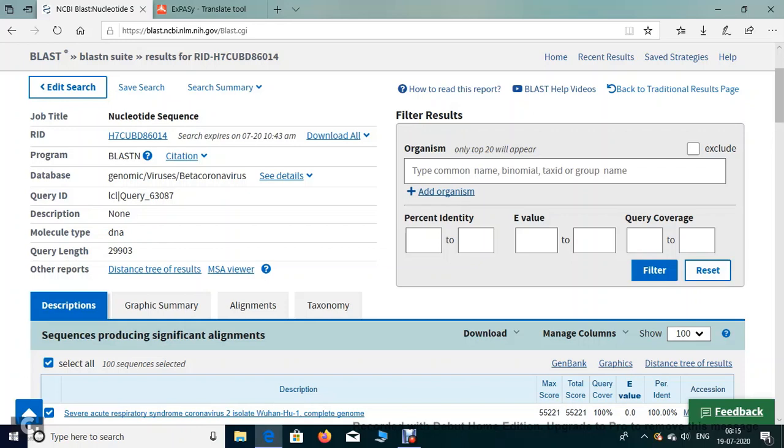It helps researchers in various ways. After you analyze it, you can get good literature about it through the PubMed database. So that is all about it. Thank you for watching this video.